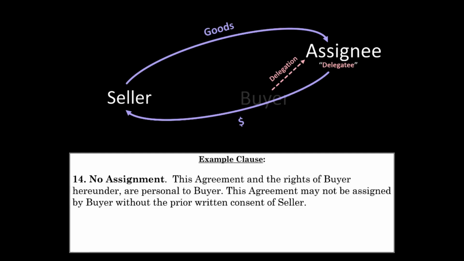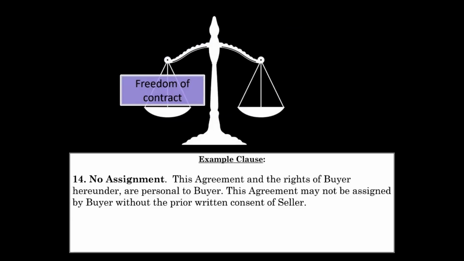Are these clauses enforceable? That's a question that's answered by Section 210 of Article 2. 210 attempts to balance two competing policies that are fundamental to our legal system. One policy is a policy favoring the freedom of contract, a policy that, as we have said, underlies much of contract law. The other is a policy that favors the free alienability of property, the freedom of an owner from restraints to transfer her property to another.